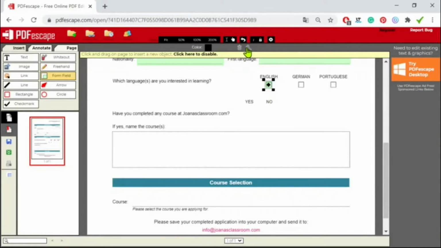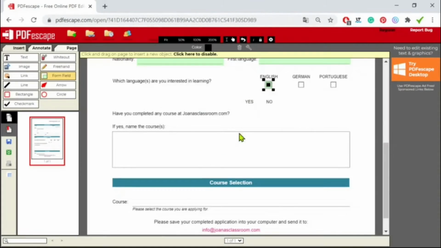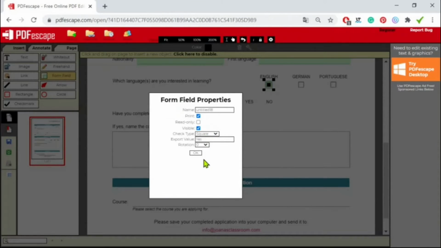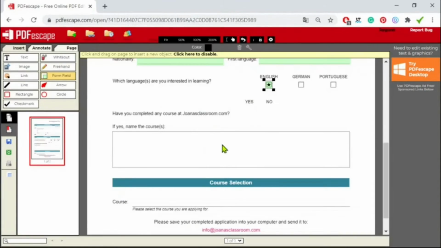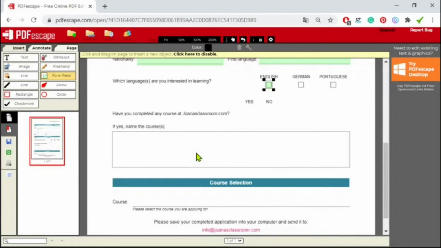You can also choose a square, and look, it's a square, and you can actually center this. You can also choose a star, and there you go. It's a star, but I don't really want these last options. I'm going back to my first option, which is the check mark. Okay, hit OK. Let me try it.